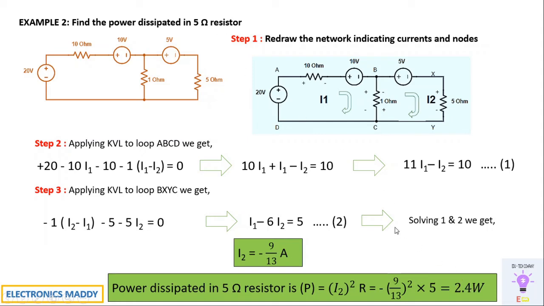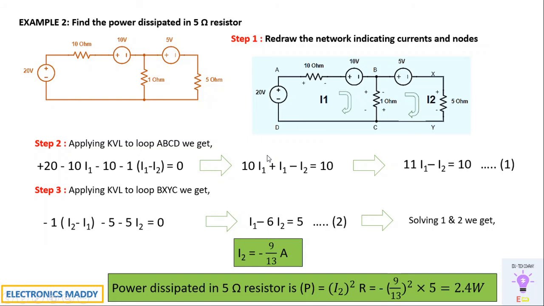In case you want to see more about how to derive the expression P is equal to I square R, it's already done in our previous videos. Please do watch it. So this is the application of KVL to a particular problem. The entire problem is solved using KVL. These two equations can be solved using a calculator right away by substituting, or you can also do it with different mathematical techniques. So that's it for example 2.